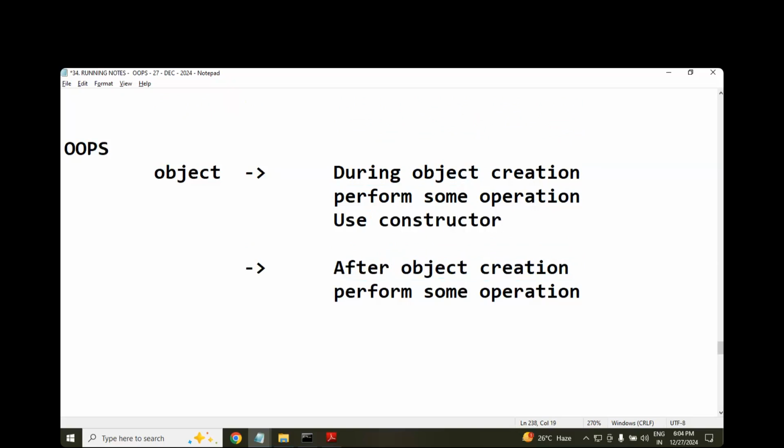Did you understand? After the object is created, I wanted to perform some operation. Use what exactly? You will get clarity. I will tell you a real-time example also, then you will get clarity. Are you with me or not, sir? Now think like,